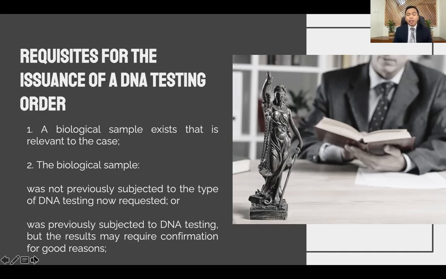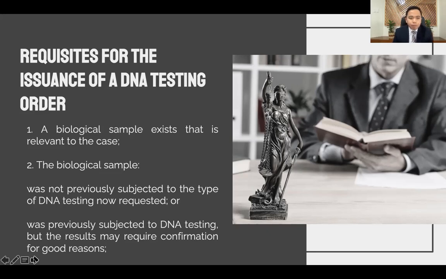For example, in a rape case where the private complainant alleged that there was no ejaculation, then there might be no biological sample, because in rape cases, the mere touching of the labia majora and an erectile penis will consummate rape. So in case there is no biological sample, then you cannot call for a